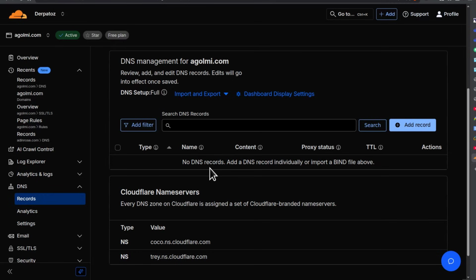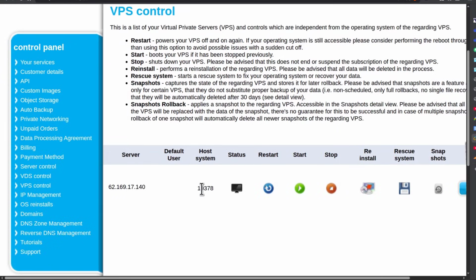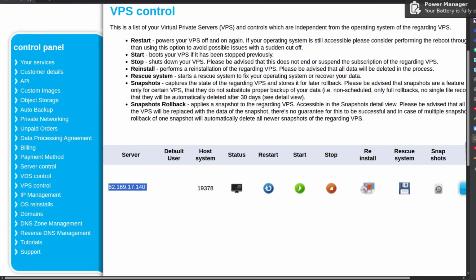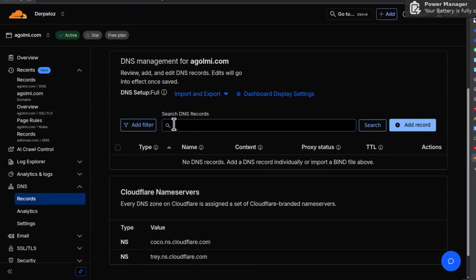The first thing I want to do is to add my DNS records. So go to Cloudflare, add your domain, come here under records, add your DNS. I already have my Contabo server, so let me just go to my Contabo server. I will get my IP from there, copy, and then come back to Cloudflare, and the domain that I want to use for my